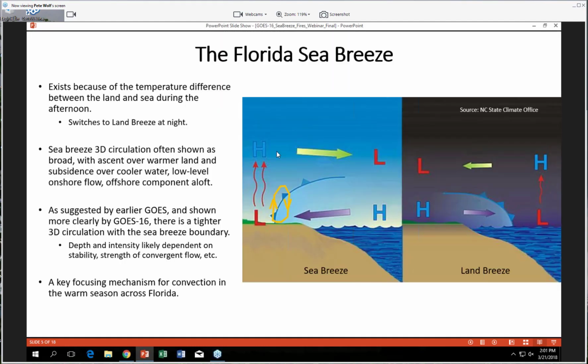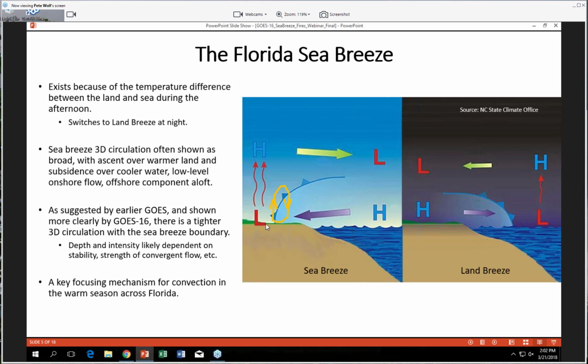This is our primary convective initiation boundary that we have in the summertime here in Florida. We don't tend to get cold fronts that time of year, so we rely on the sea breeze to give us daily convection. And just as a quick review, the sea breeze exists basically because of the temperature difference between the land and the sea. When we heat up the land during the daytime and it's much warmer than the sea, we develop a broad circulation where,